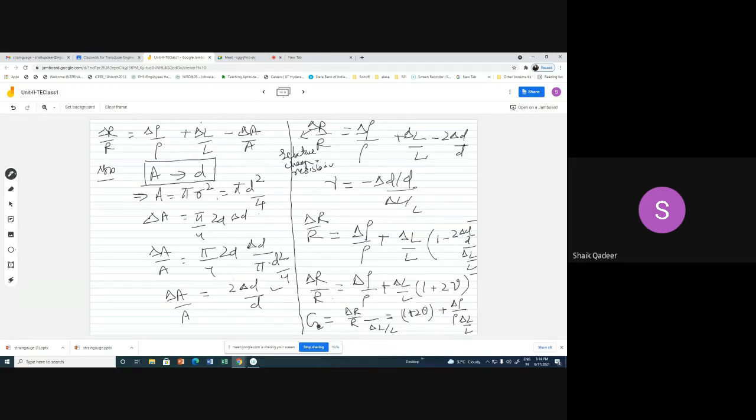We know that the gauge factor is given by the relative change in resistance divided by the relative change in length. Do you understand the meaning of relative? Yes, sir. Suppose in a class the tallest student is 7 feet. How can we measure our length with respect to him? That is called